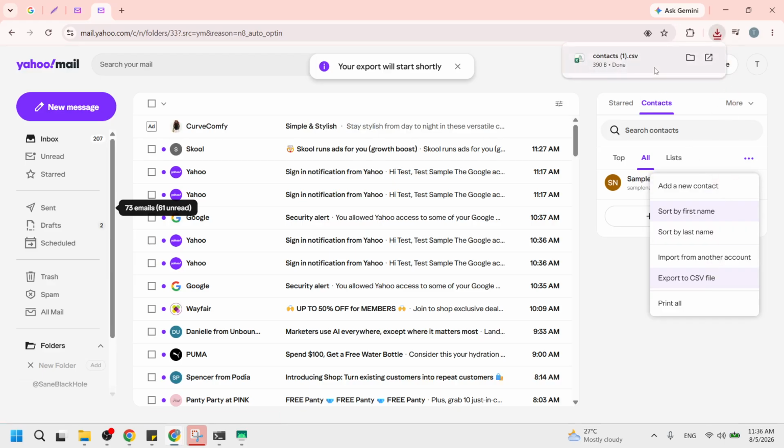If your browser quietly saves files, it will go straight into your default downloads folder, and you may see a small download progress indicator near the top or bottom of the window. If instead your browser asks you to choose a save location, select a familiar folder like your desktop or the standard downloads folder, then click Save. The exported file will now be stored there, ready for use in spreadsheet software or to import into another email service. You have now exported your Yahoo Mail email addresses into a CSV file that you can reuse anywhere.